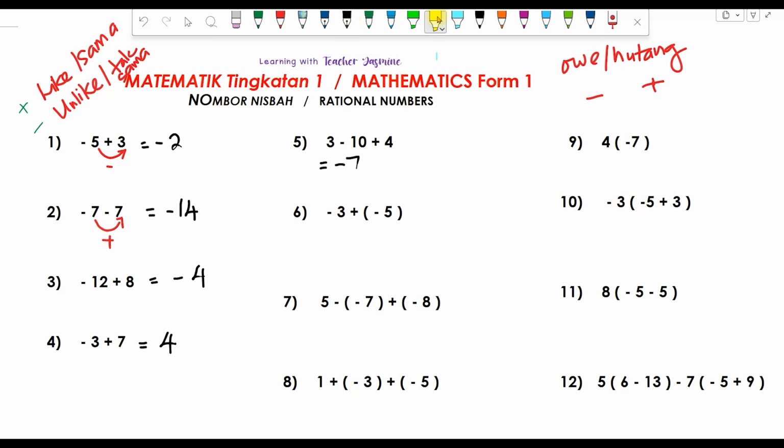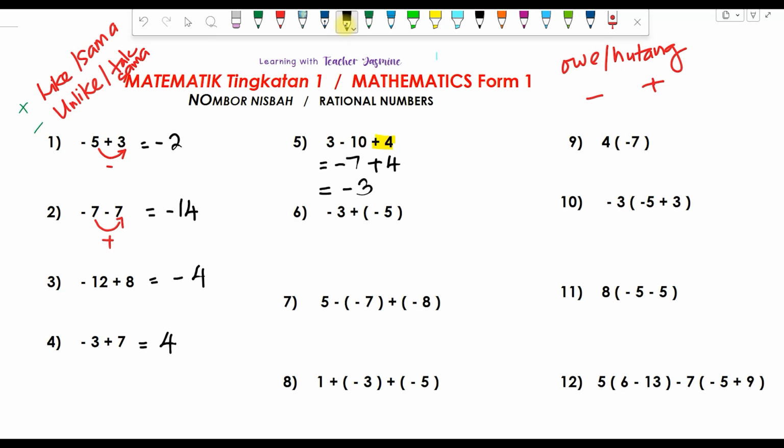So what do you do with the positive 4 ni? What do you do? Rewrite back again. Tulis balik semula positive 4. And then do the same thing again. Now you're owing the person RM7. You earned another RM4 in your pocket. So use that and pay back the person what you can. After paying back the person, you are still owing the person RM3. Belum habis lagi lah, masih hutang.